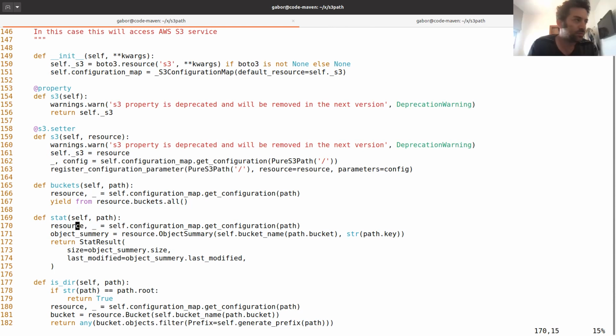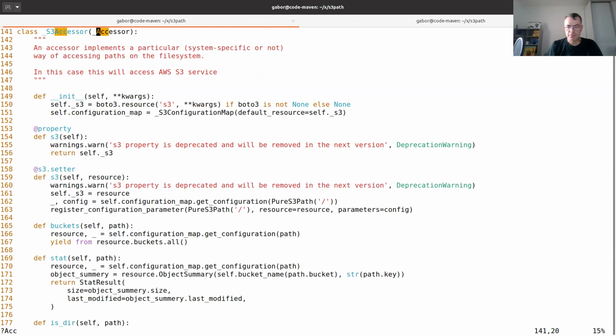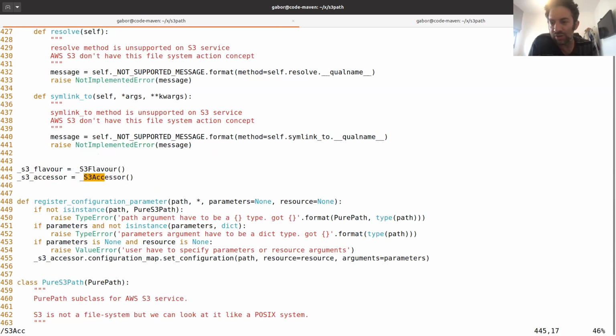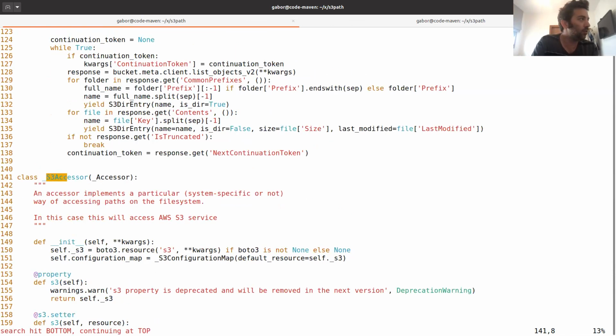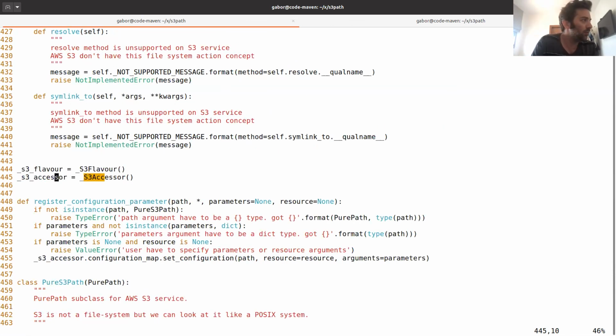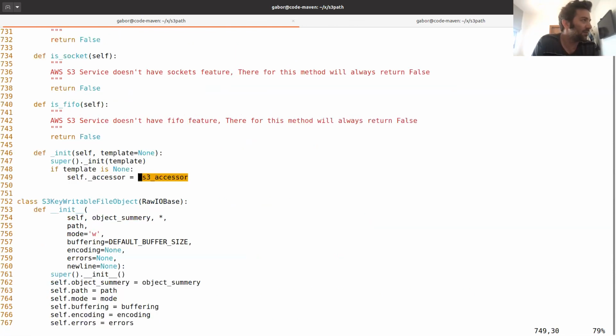From Boto. Yeah, and if you search where we are using the S3 accessor, this is where you can see it defined. You can see that the person who wrote it likes object-oriented programming very much, so it's a singleton, okay? Yeah. And if I'm looking for the singleton, except for here, this is interesting but not relevant.